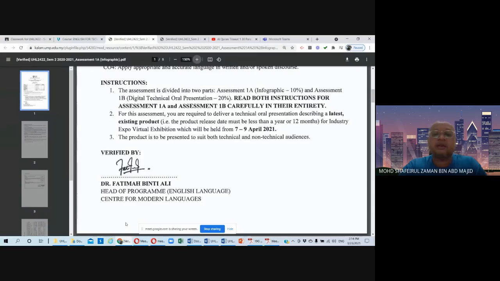A bicycle is very common, but if the bicycle that you are going to present is made using recycled materials, then maybe we can highlight that particular feature. And please make sure the product that you are suggesting has been in the market for less than a year, not more than a year.